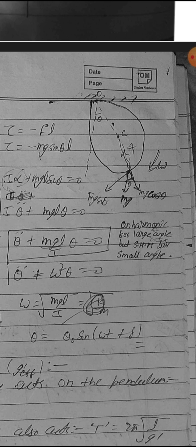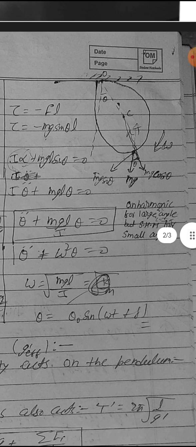Suppose it is released to perform oscillation and it moves with angular velocity omega, then here force won't act, here torque will act. If you can see, one point is pivoted, so whenever a point is pivoted, then there is a chance of torque acting on the body,